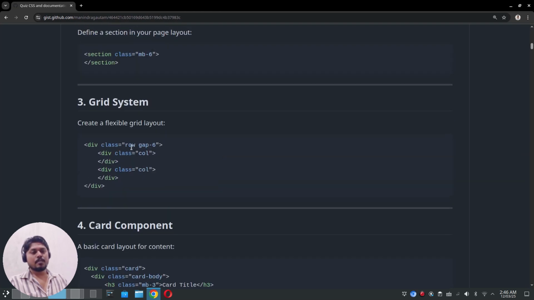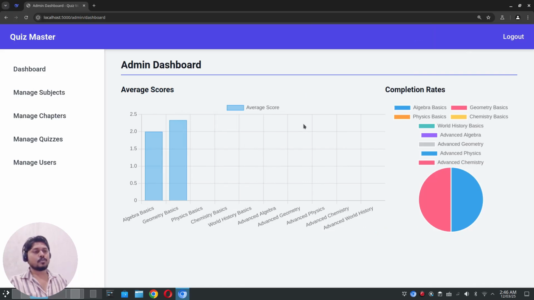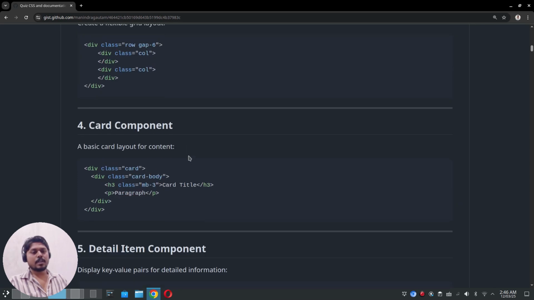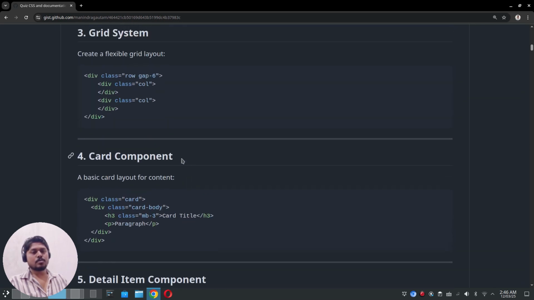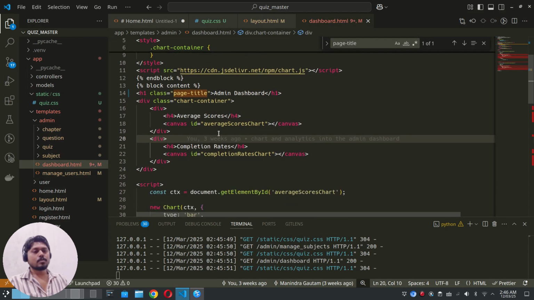So we can have the row and col structure. Inside the row we'll have two columns, so it will divide the screen into two parts. Okay, so we have to use the grid and then the card. So just use the grid first, copy the grid system, and insert it in the dashboard